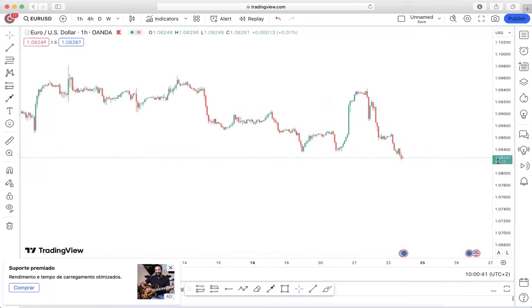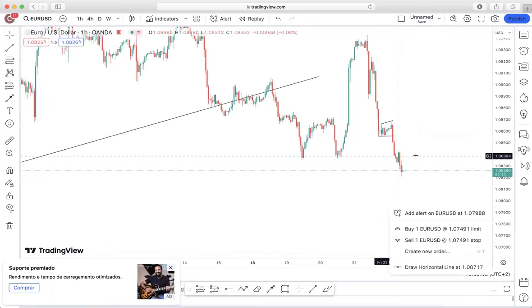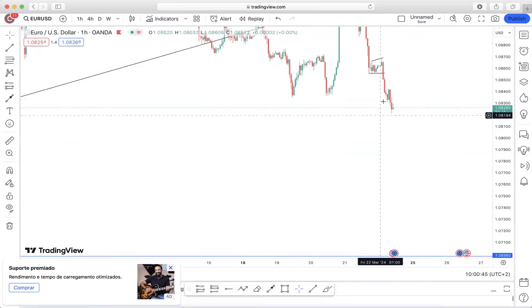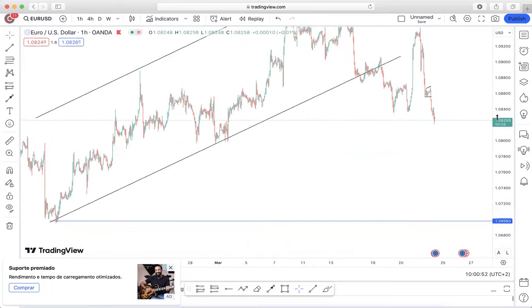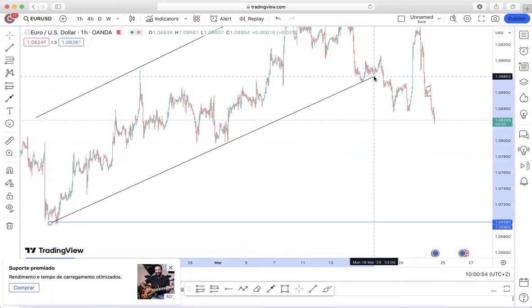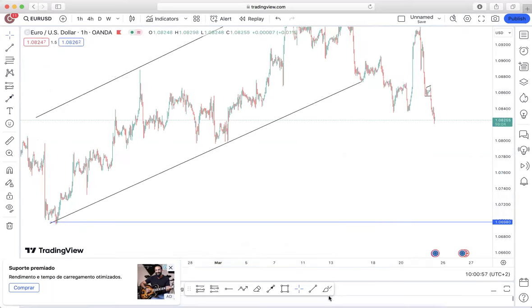And on the lower time frame, we see that this was a small continuation pattern that we could have used for our entry. But as you can see, it formed around 3 a.m., so we're not awake during that time. So what type of entry are we looking to forecast in order for us to be able to capitalize on this pair? We already have our impulsive movement, and all that we're waiting for